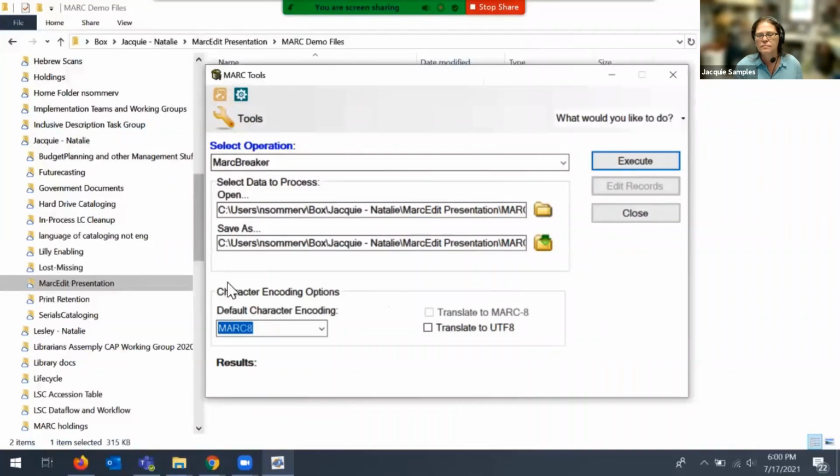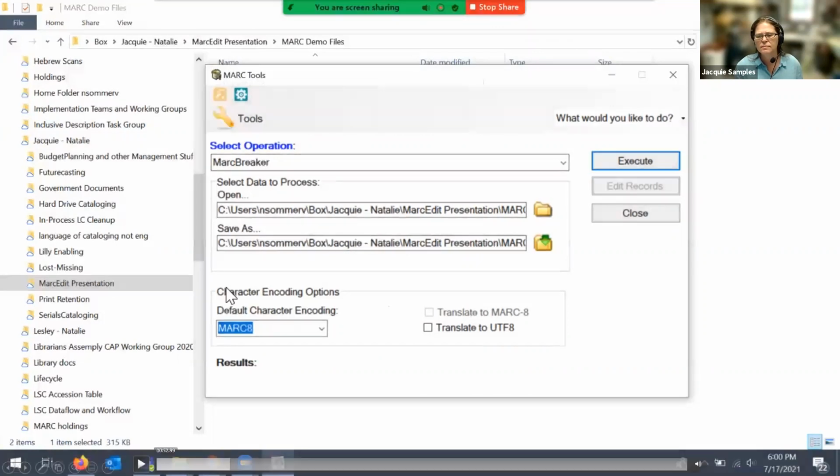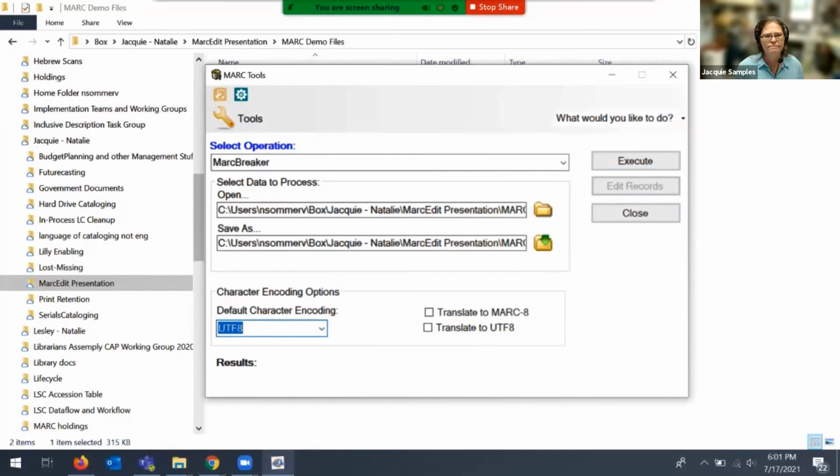You'll see that in the character encoding. If I acquire a MARC8 file from the vendor, I could use the translation options here to translate a MARC8 file to UTF-8. Similarly, if your ILS requires MARC8 and you receive a UTF-8 file, you can translate UTF-8 to MARC8.